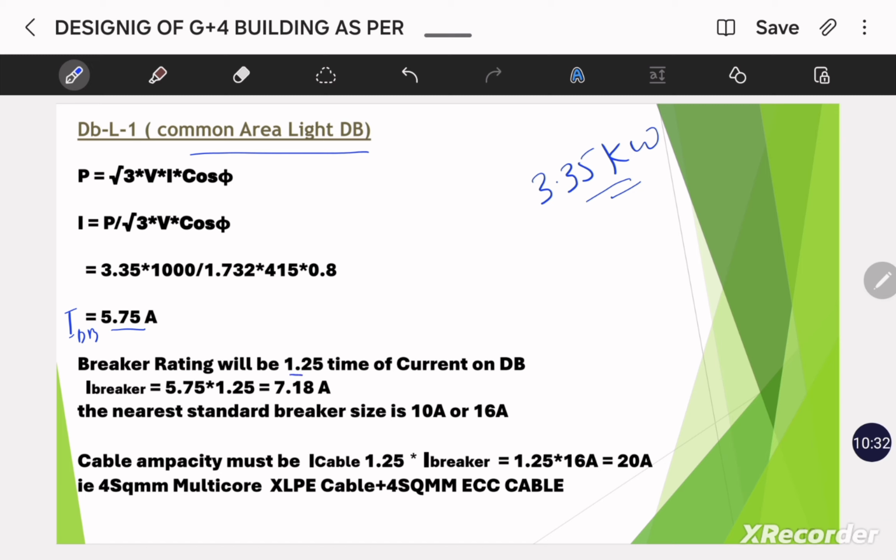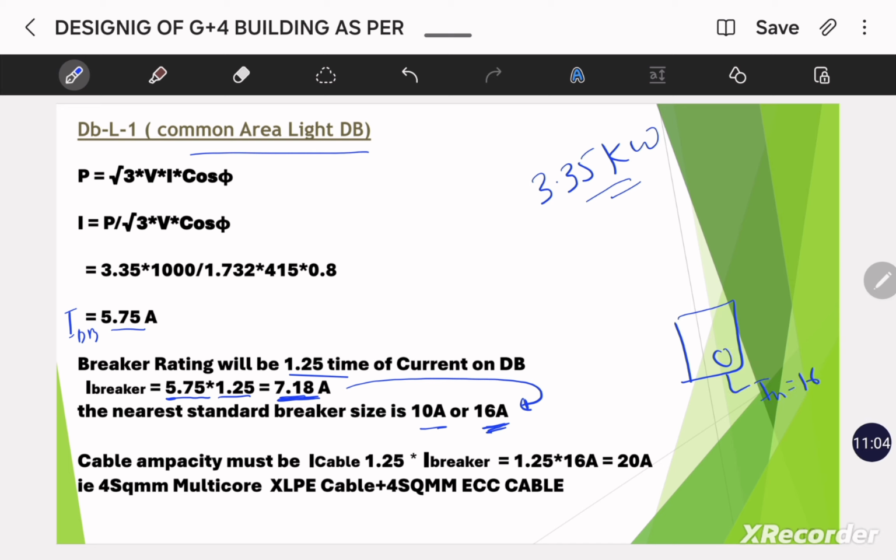The breaker rating will be 1.25 times the calculated current on the dB. So 5.75 into 1.25 came to 7.18 ampere. Okay, so the nearest breaker rating is 10 ampere or 16 ampere. Okay, we will choose 16 ampere, and in the MCCB we will have the option to select that 16 ampere